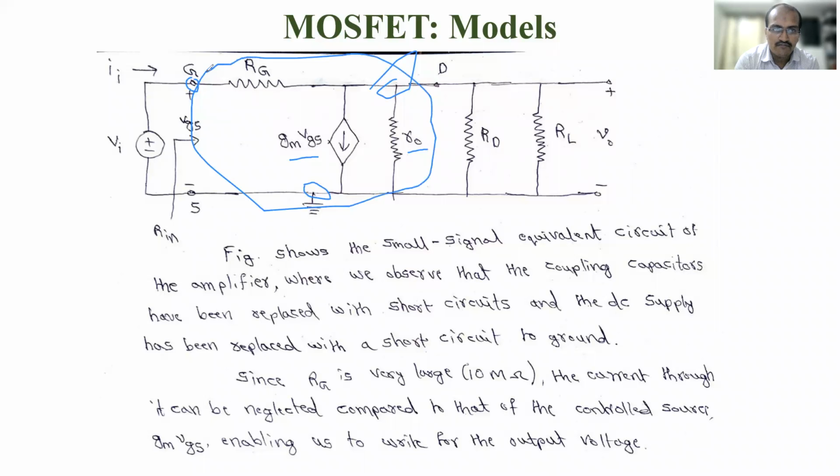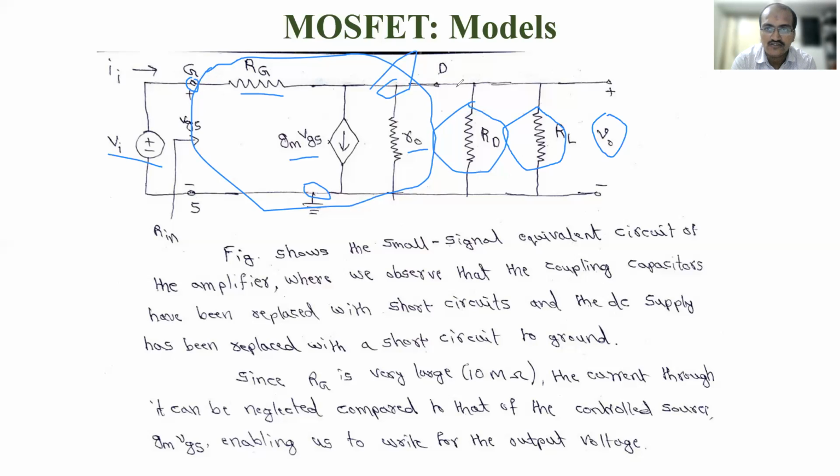Then along with that, what you have in the circuit, that we are going to do. So at the drain side you have the RD, which is connected to VDD, right? And you have also connected RL through a coupling capacitor, right? So that will come in parallel with this R0. And across RL we are measuring the V0. Then how comes this RG? Since this is a feedback between gate to drain, in the normal MOSFET model it was empty, right? There is nothing connected here. But in this biasing arrangement, there is an RG connected between gate and drain terminal. That's why here RG comes over. And then input VI will be connected at the gate to source. So that's why here VI is shown. So this is how we write the model.